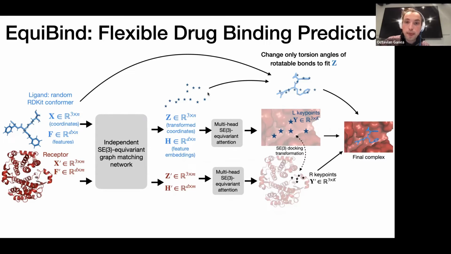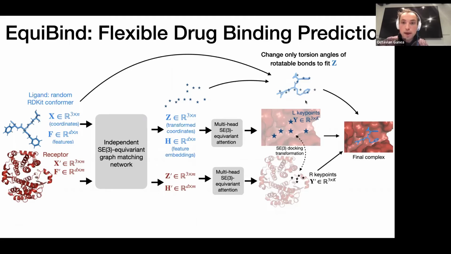We do that by changing only torsion angles of rotatable bonds to fit this Z point cloud. This Z point cloud represents now coordinates of the bound ligand, so of the deformed ligand. We train it as such using